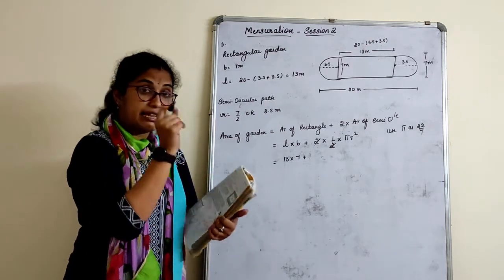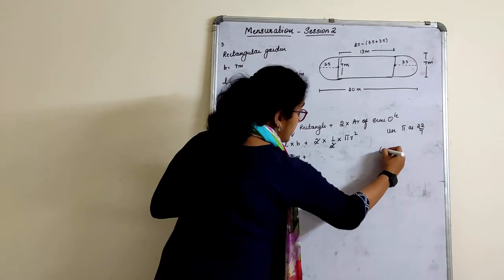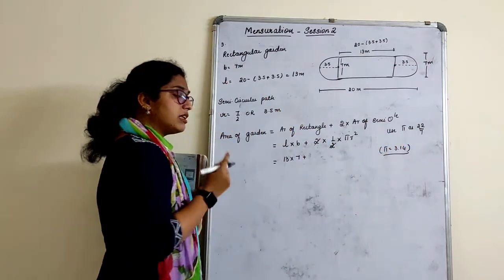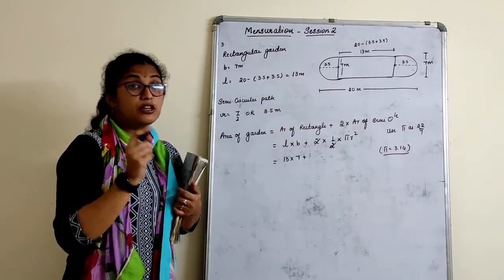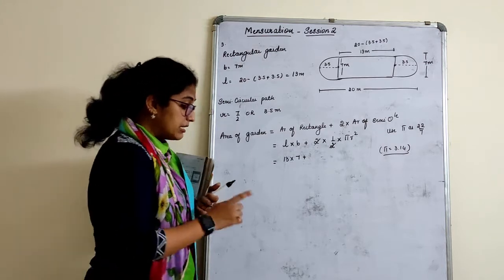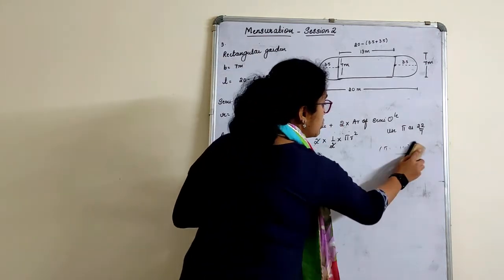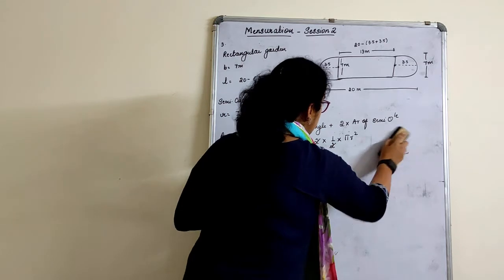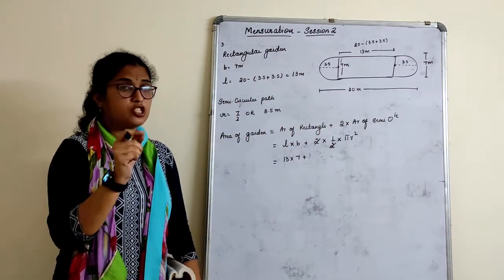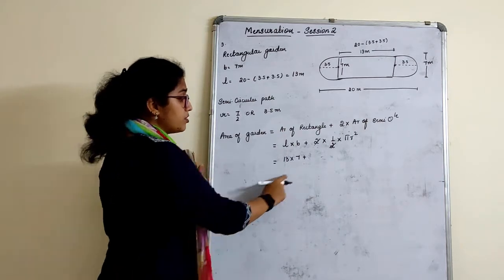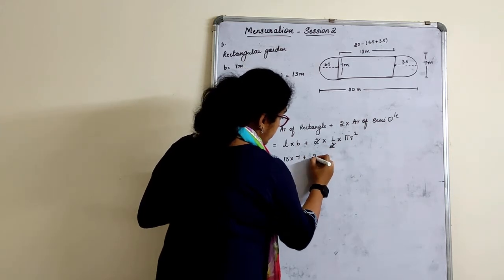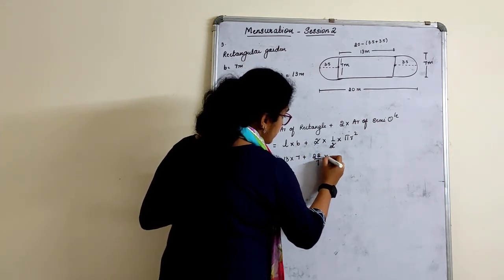Sometimes in the question at the end they will give you, use pi as 3.14. At that time you should use it as 3.14 only in your answer, because your answers will differ in decimal points. That makes the difference here. But here in the 8th standard book, what I have seen was nowhere are the things mentioned very clearly. But remember that always the pi value has to be given in the book. So 13 into 7 plus 22/7 into.